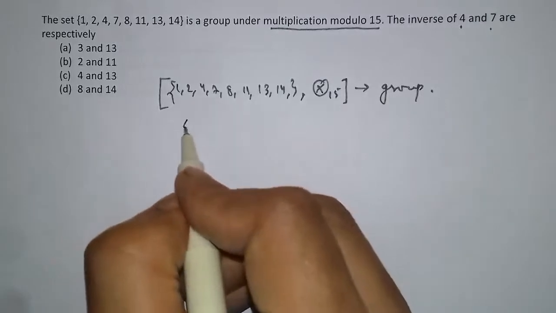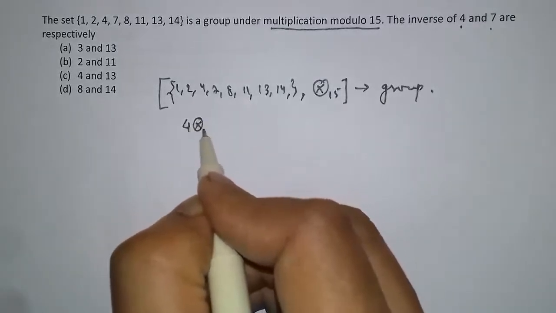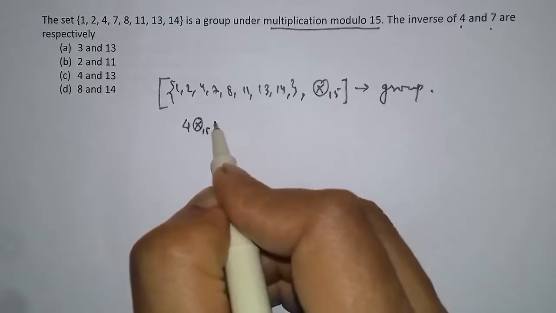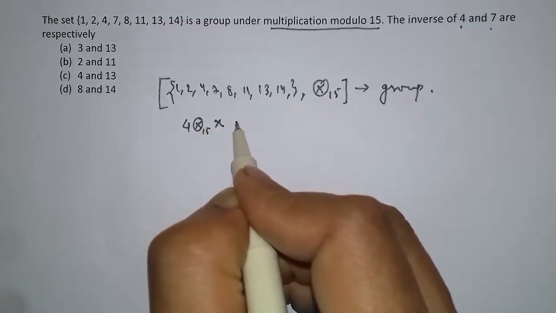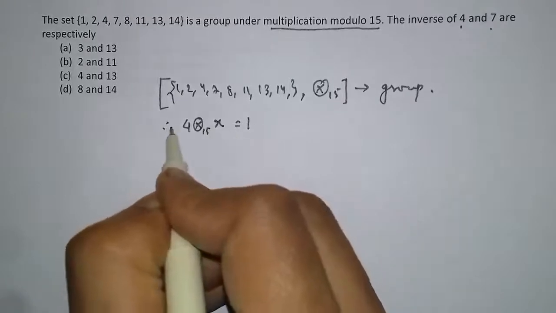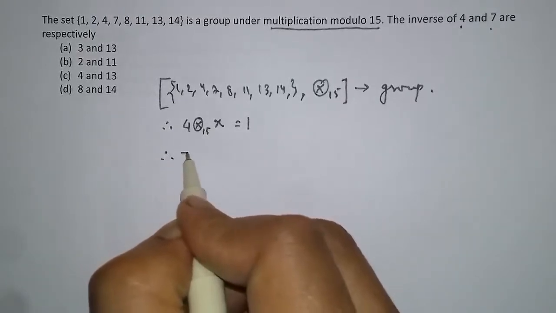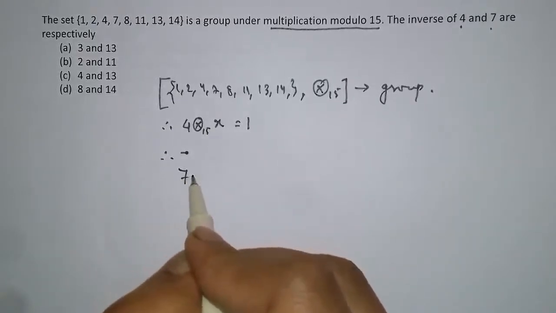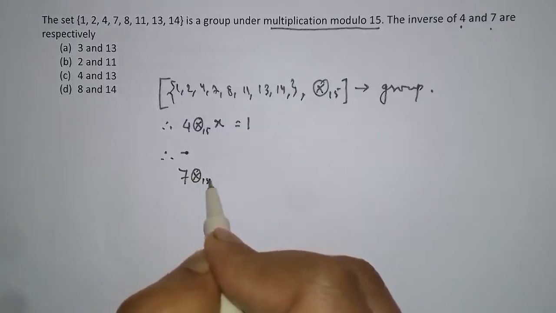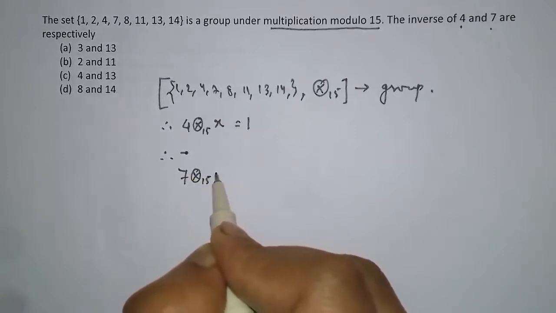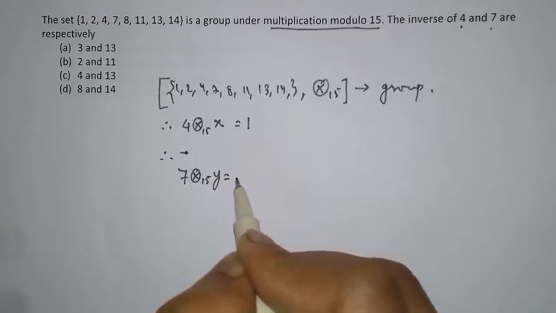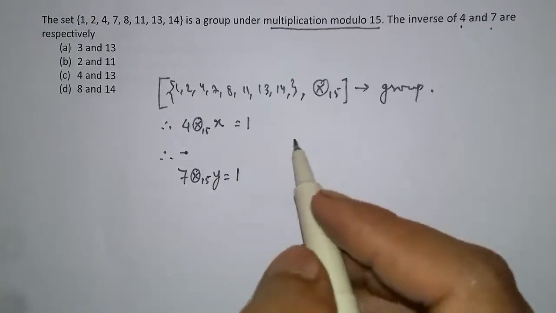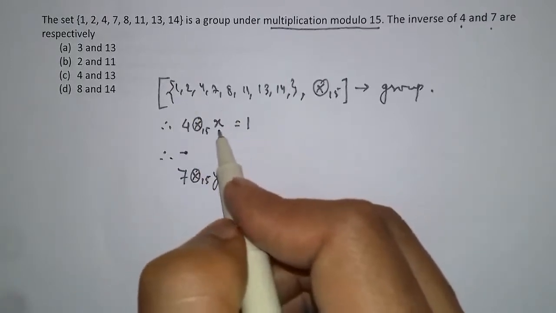Inverse means if 4 is multiplied with its inverse, let's say it is x, then the result should be 1. In the same way, if 7 is multiplied with its inverse, let's say it is y, then the result will be 1. Think if